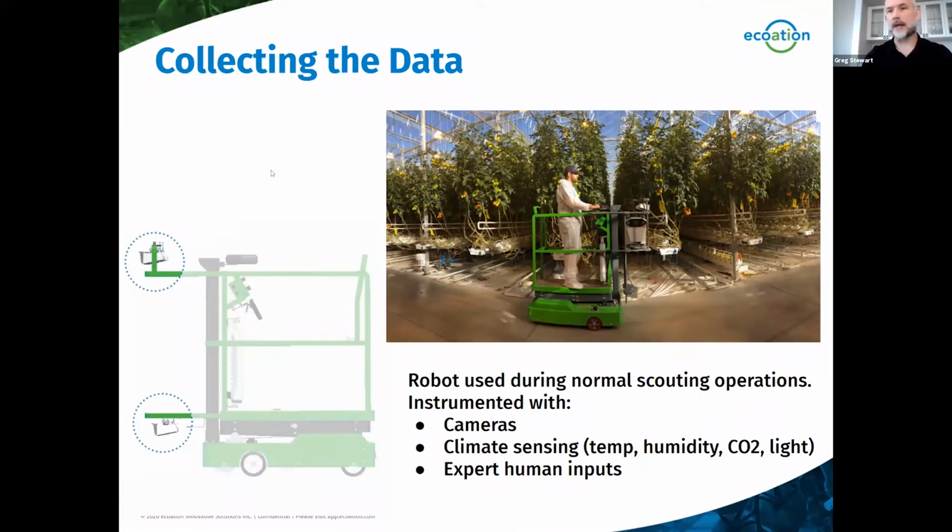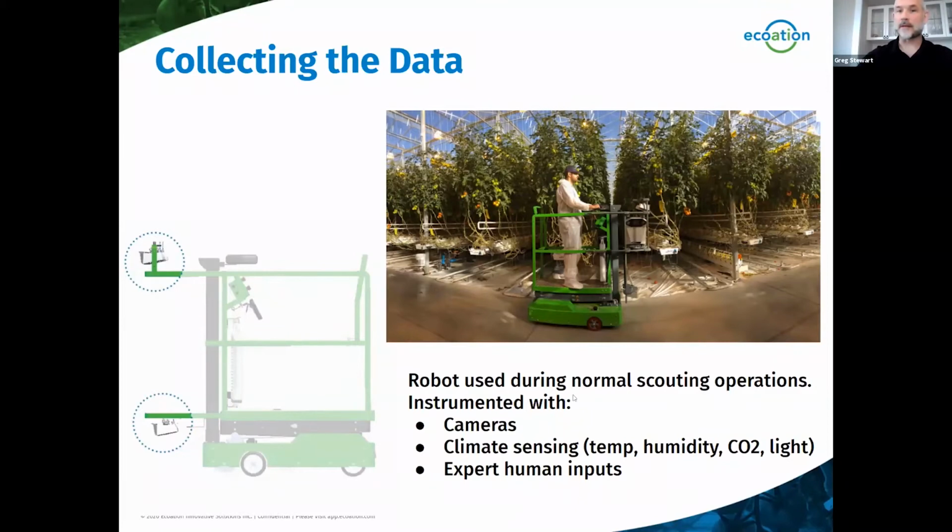So just quickly here, the platform that Ecoation as a company has developed is this cart that you see here. At least the cart is where we locate all of our sensing and instrumentation. These carts are driven within a greenhouse during what they call pest scouting operations, where somebody will typically scan or go down every second row of the greenhouse once a week, and they're checking for pests and disease on all of the plants and recording this. Sometimes that's recorded on pieces of paper, and more recently electronically, which is far superior for reasons that probably I don't have to explain to this crowd.